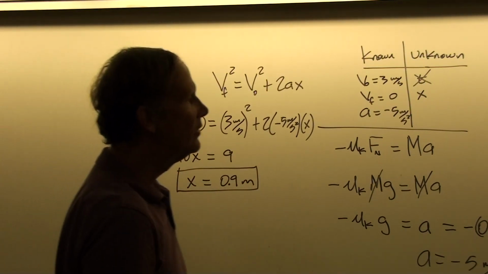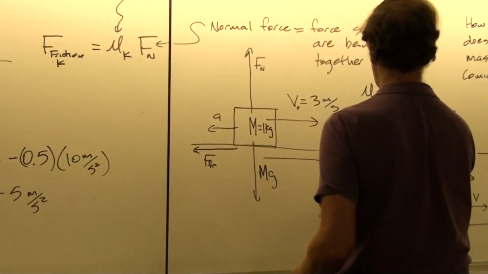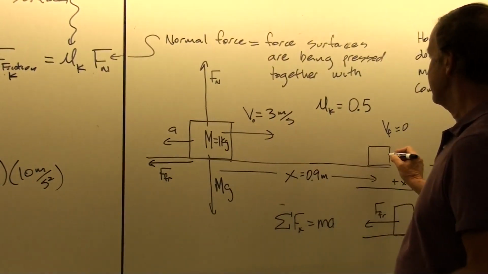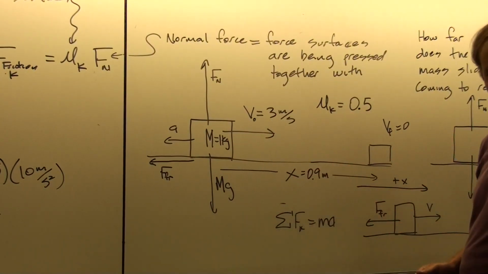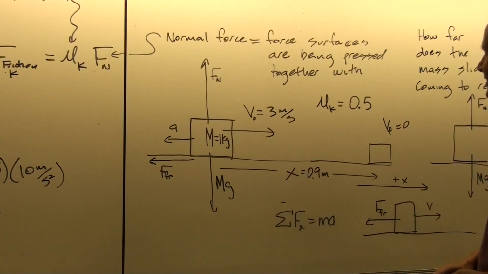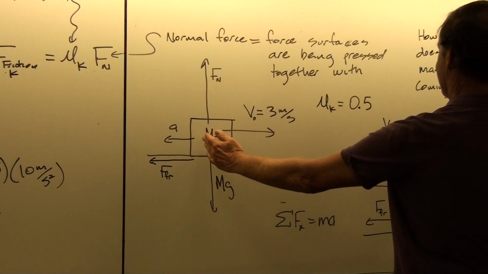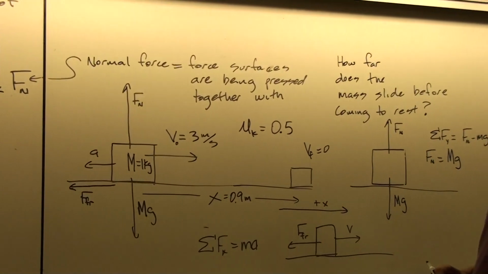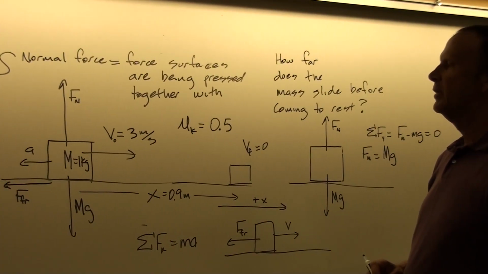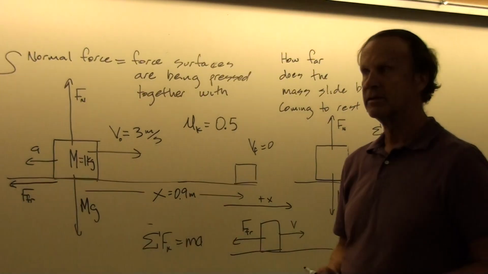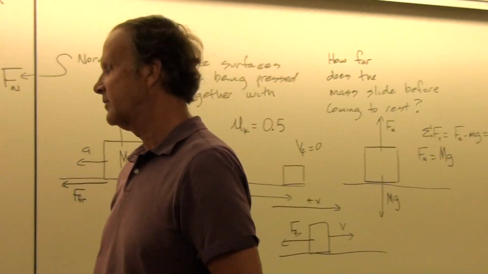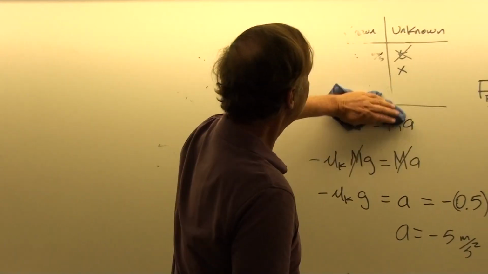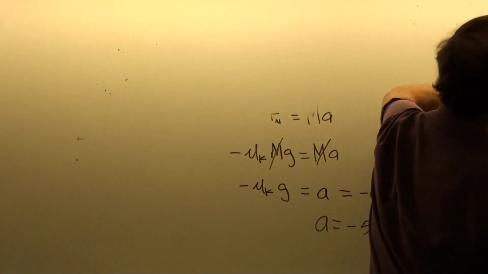So that's how far the mass moves along the surface, not quite a meter, 90 centimeters, before coming to rest. With the problem, the way that I've got it set up here, I actually have about the right distance going there for it. A meter is maybe about this long, something like that. And so that's the way that you would handle a problem if there was just friction acting. But now let's expand on this a little bit and say that we have several forces, including friction, acting.